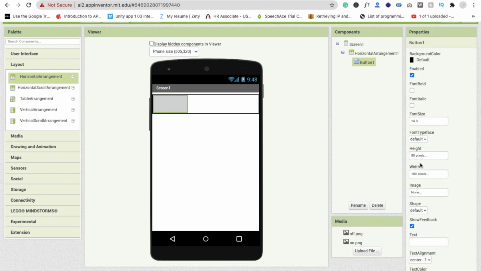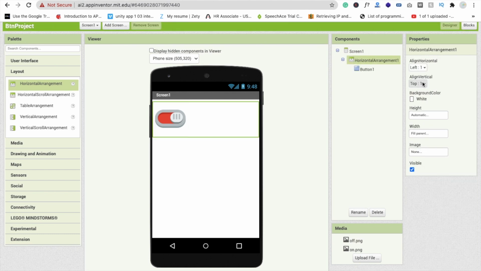Now let's click on the image option and make it off.png. Now it doesn't look fine. Now I'm going to make this height 100 and see how it looks. Yeah, it looks great now. Now I'm going to click on horizontal arrangement and make this centered like this.